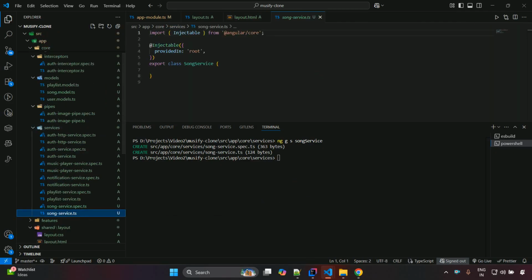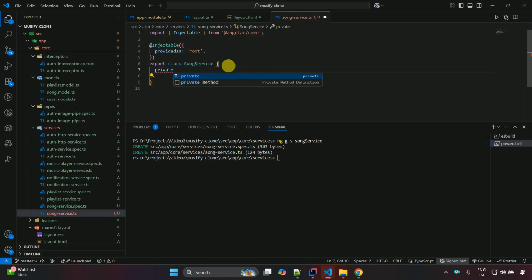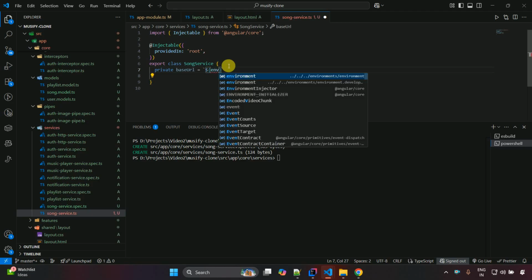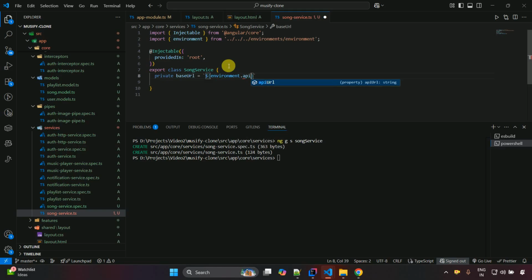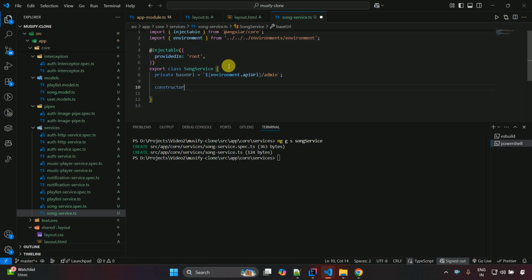Get inside the song service file, and inside this one basically we have to write all the API calls related to the songs. So private baseUrl, so we'll write all the code so that we don't have to come back to this particular service. Here we put backtick, then dollar, and then environment.apiUrl, and then after the curly bracket slash admin, then put semicolon, and then constructor and private http